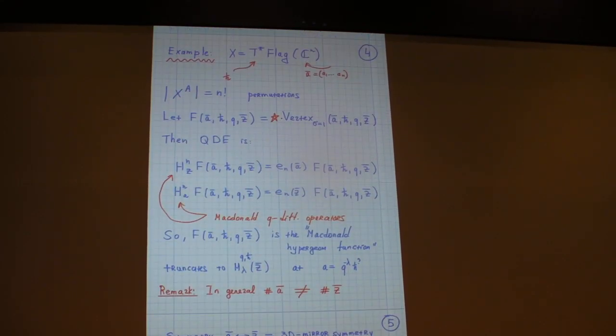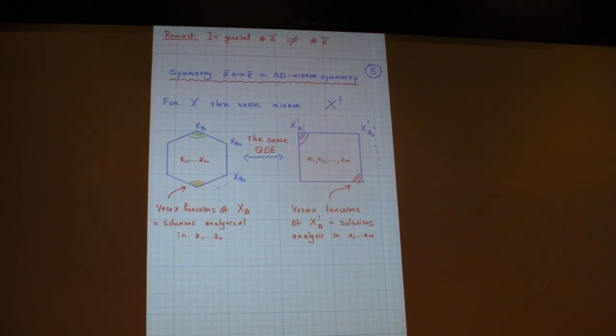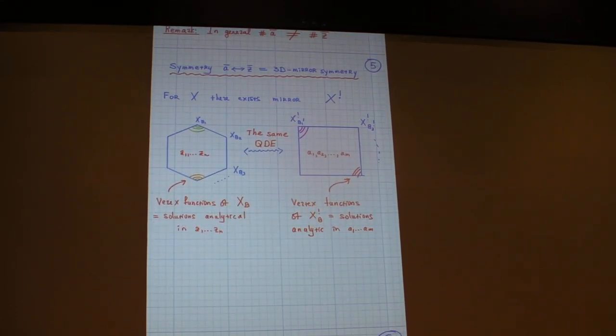Okay, so already in this example, you see some symmetry between the Kähler parameters and equivariant parameters. These vertex functions satisfy the same Q-difference equations in both variables. But in general, it's not the case. In general, even the number of Kähler parameters is not equal to the number of equivariant parameters, so there is no chance that the difference equations in different parameters are the same. But some sort of symmetry between the two sets of parameters is still preserved, and it's called